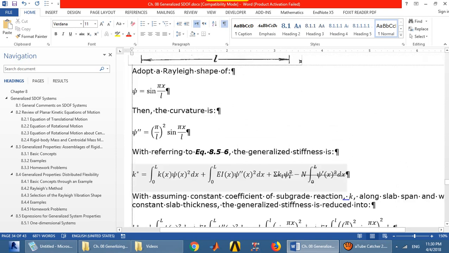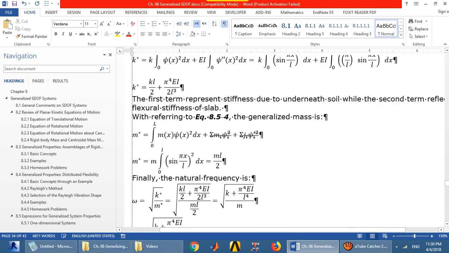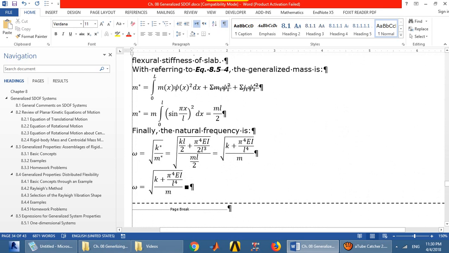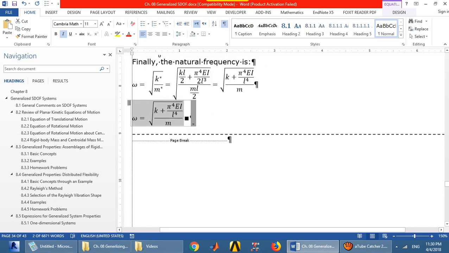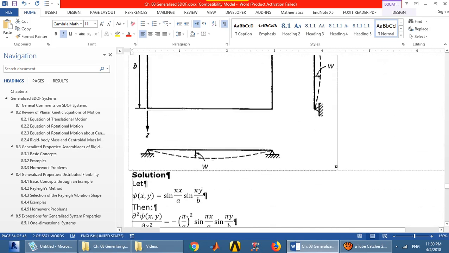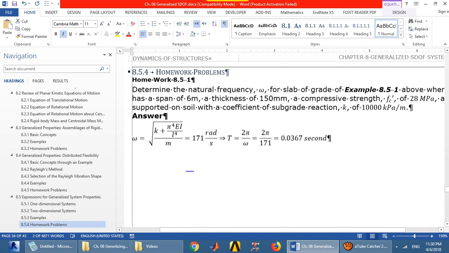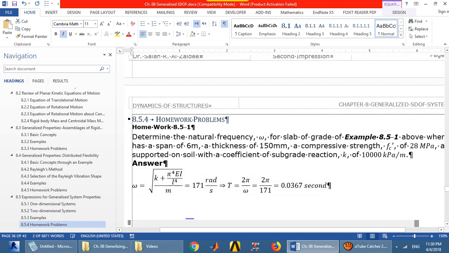Our analytical analysis is based on the concepts of the Rayleigh method, and we have this final relationship to determine the fundamental natural frequency of the system when we adopt a numerical value for the system,